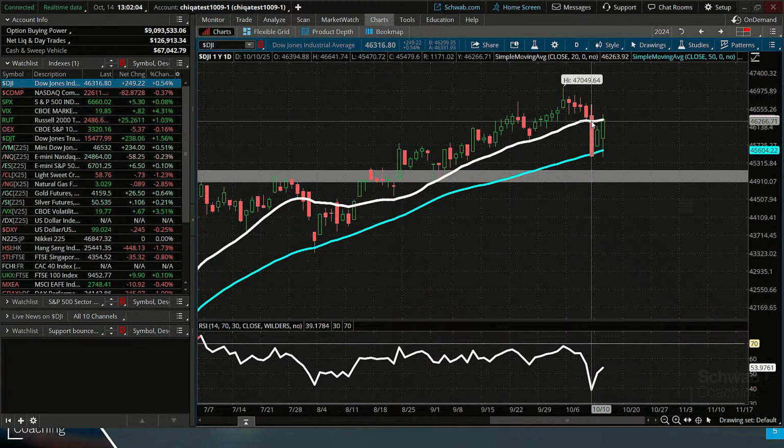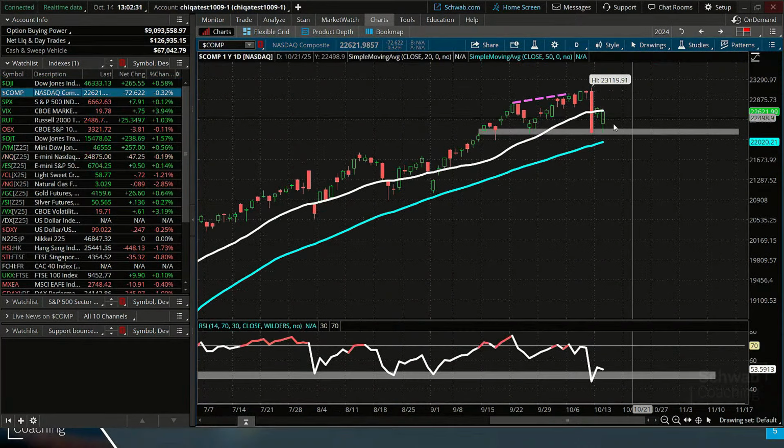So we saw on Friday that huge sell-off where we found the 50-period simple moving average as support there. We crossed above the 20. Now we found it again today, and we're kind of battling back towards that 20-period simple moving average. So a lot of volatility that we're seeing in the market. Markets are somewhat flat today, but let's look at the NASDAQ as well.